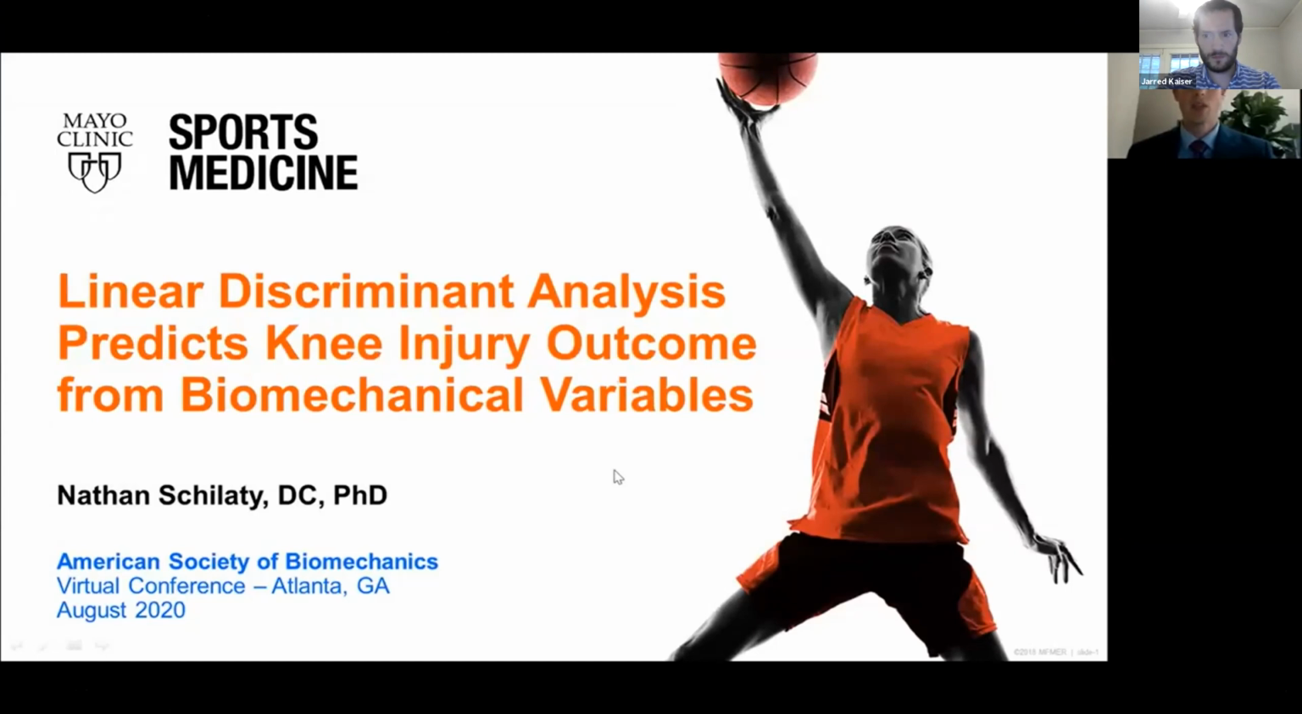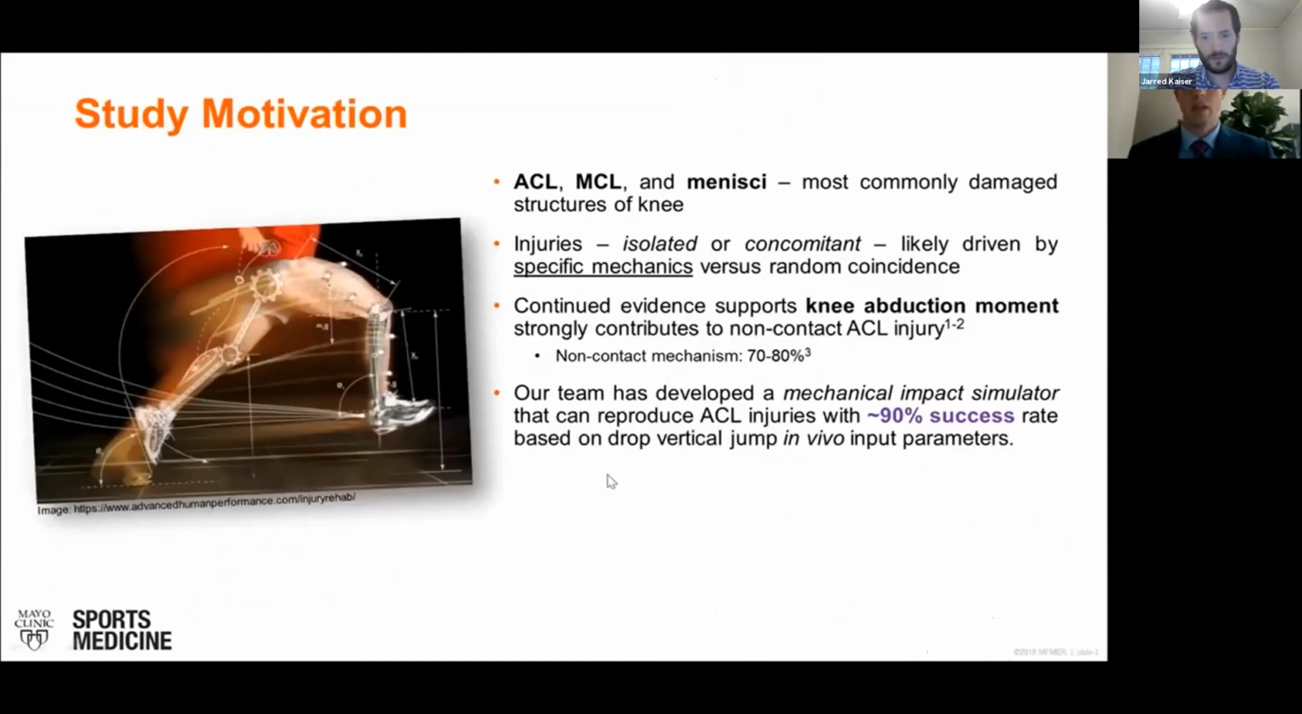I'm excited to discuss with you how linear discriminant analysis predicts knee injury outcome from biomechanical variables. The anterior cruciate ligament, medial collateral ligament, and the menisci are the most commonly damaged structures of the knee. And these injuries, although they can occur in an isolated or a concomitant fashion, are likely driven by specific mechanics